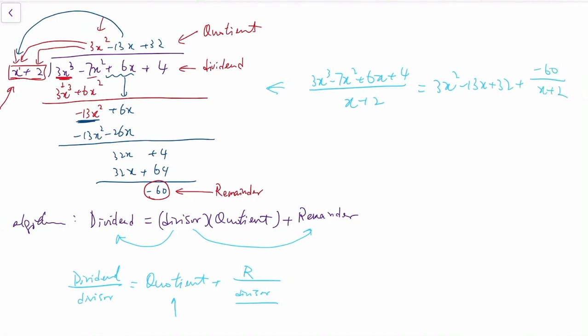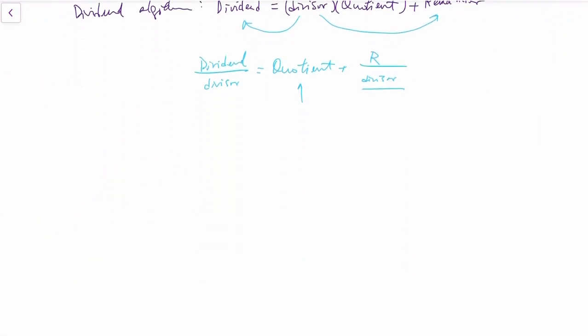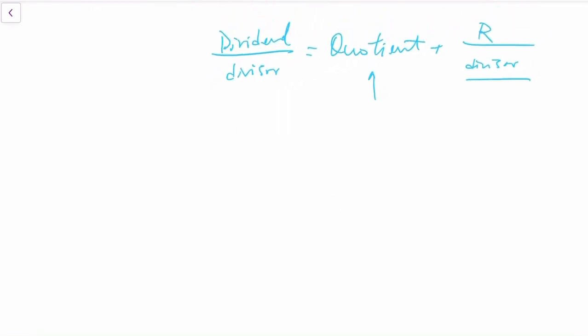Okay, this process is kind of important, as you will see in probably the next lecture, and also when we learned partial fractions. So I don't want to spend too long on long division, so that should be it. If you are not familiar, like you haven't learned this or done this before, you might go to your textbook to practice a bit. One thing I want to say is if your dividend or divisor doesn't have every single power going down, for example, if your dividend is like x to the power 4 and then x squared,